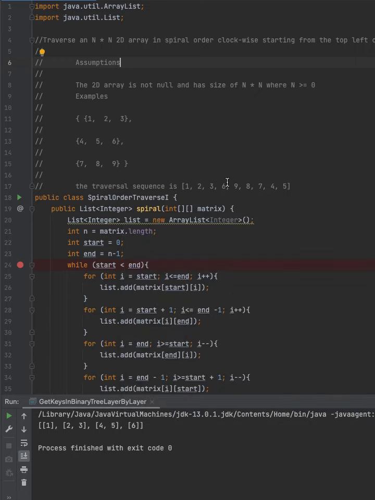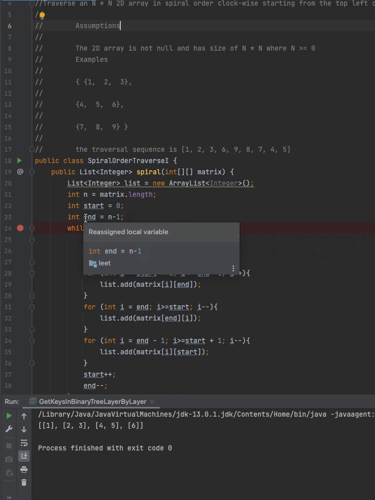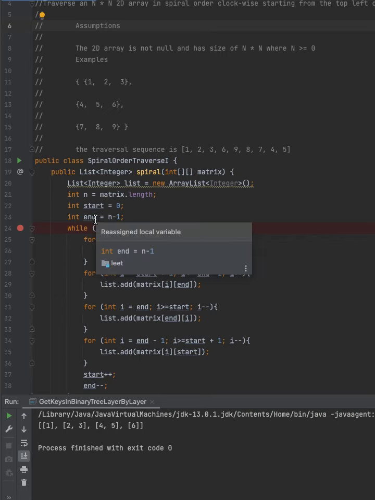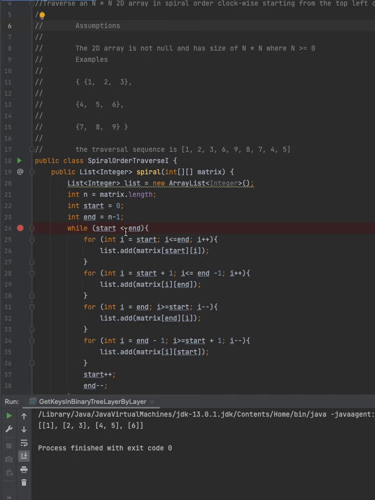So we can create a start and an end, and the end will be the row number, which in this case will be 2, with indices 0, 1, 2, and the column will also be 0, 1, 2. So end is the row and column number, and start is 0. Once start is smaller than end, we do the while loop,